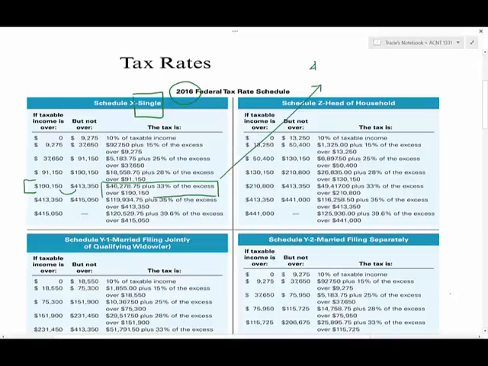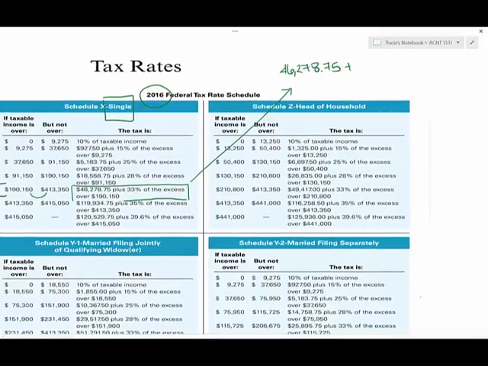I'm going to do $46,278.75, and then I'm going to add to that 33% of my taxable income, $400,000, that's over $190,150. Okay, so I'll do that calculation, 46,278 plus 33% of 400,000 that's over 190,150,